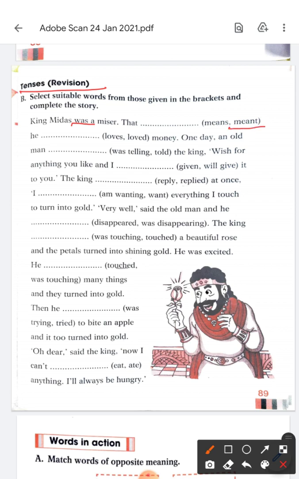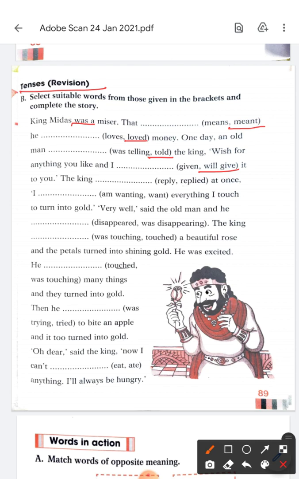That meant, children, it is not meant. It is meant. Means है. Present tense में means है, but in past it is meant. That meant he loved money. Past tense है ना? One day an old man told the king, wish for anything you like and I will